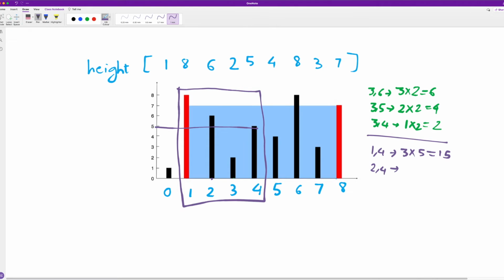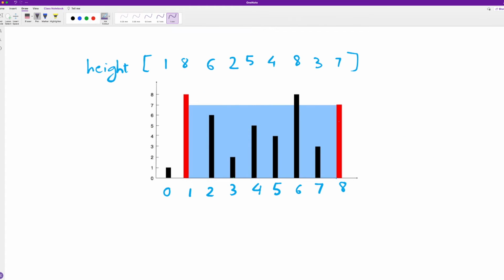So between 2 and 4 we have 2 times the max, which is actually 5 again, so 10. And between 3 and 4 it's even less, it's just this much water here, so it will be 1. So 4 minus 3 is 1 times 2, so that's 2. So we can see here that given any two lines, let's say these red lines at index 1 and 8,